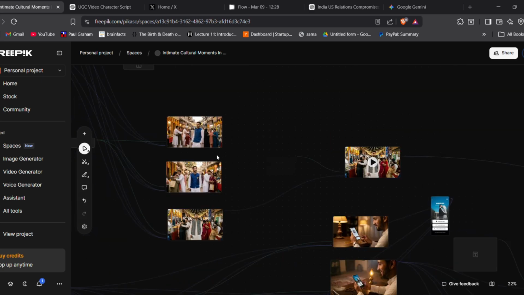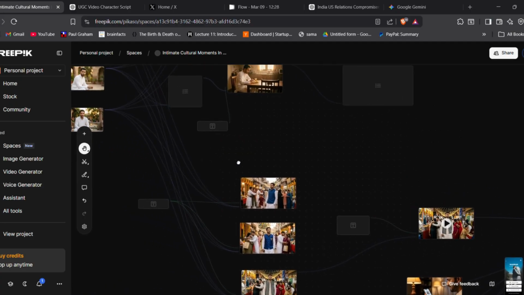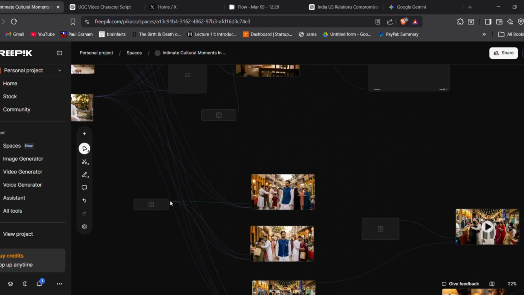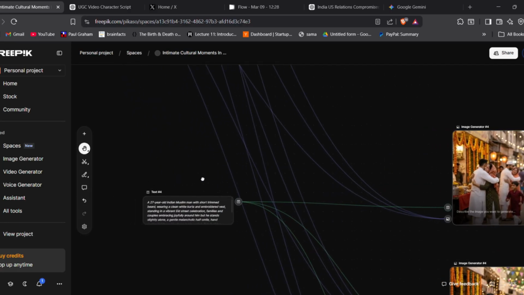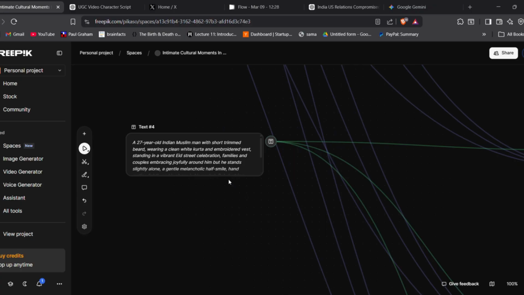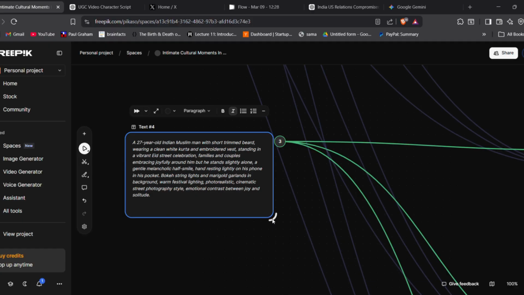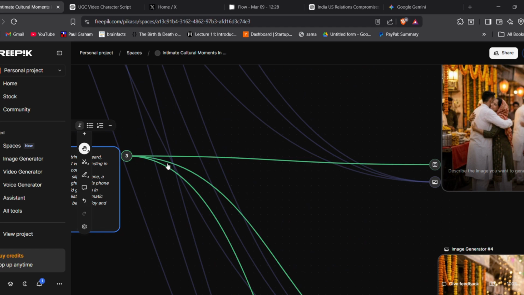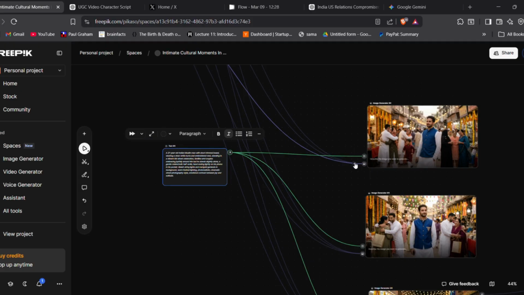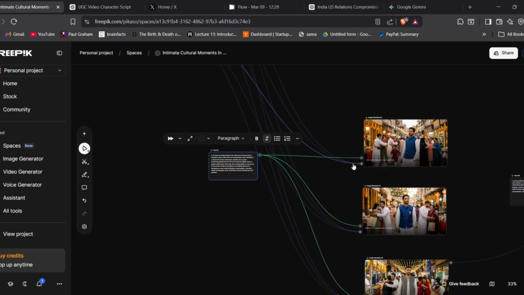And after that, I created another image scene, where I created it using that character image and then a text prompt. You can see that actually. So that text node is connected text to text, and